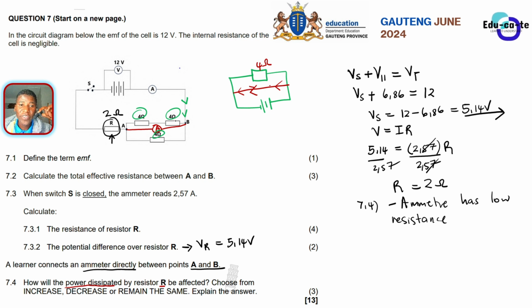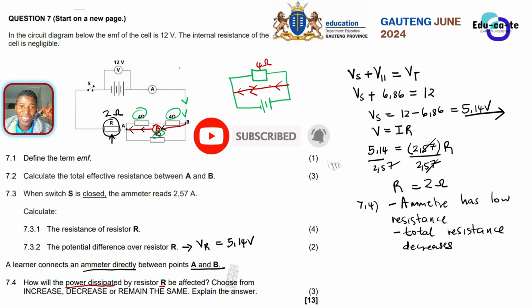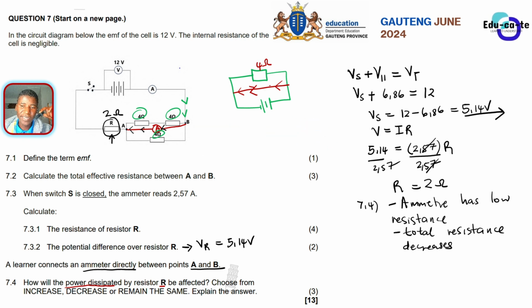What would you say? You would say that here the total resistance decreases. Why is it decreasing here? Because remember, the current is now flowing only through this low resistance emitter. It's no longer going to these other resistors. It has been short-circuited. So the total resistance decreases. Remember, when you add more components in parallel, the resistance will decrease. So here, the total resistance decreases.